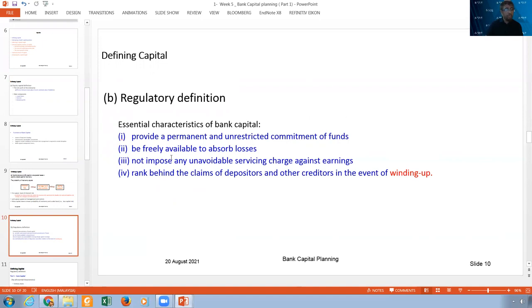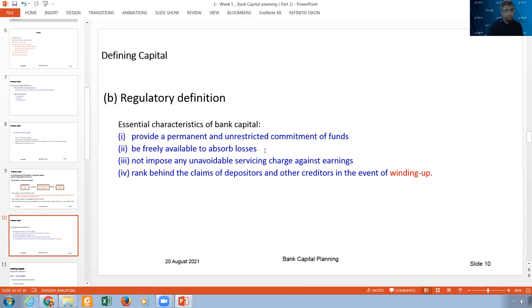They are talking about a capital that has the following characteristics. One, to provide permanent and unrestricted commitment of funds, which means if I participate with my capital in some type of bonds, for example, 5% or 3% or 4% for this long investment of 30 years, I can use the capital money instead of the depositors' money, because it's risky, and the shareholders can be patient and don't have claims against us unless we go bankrupt.